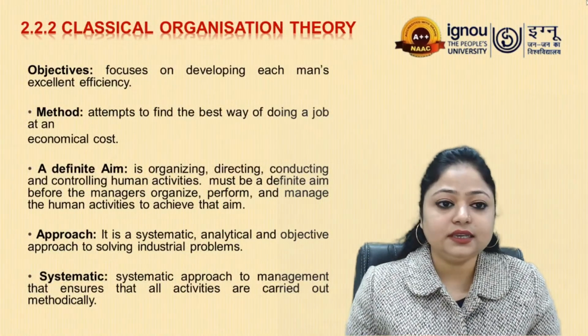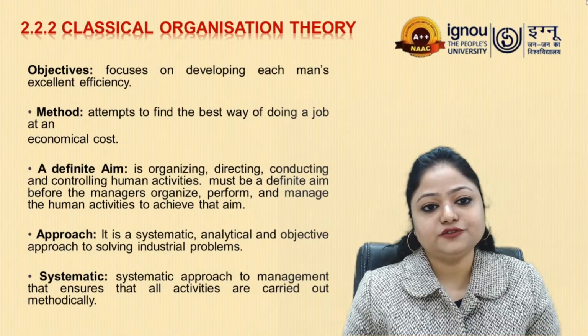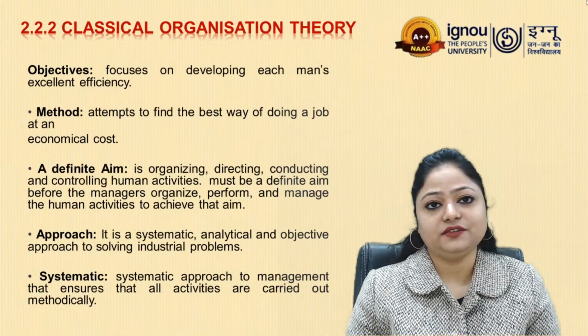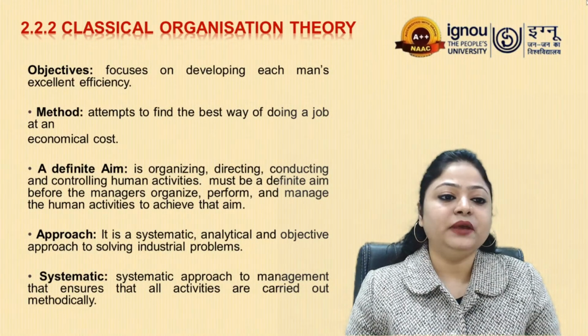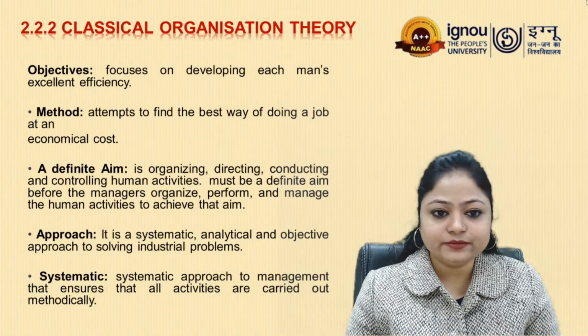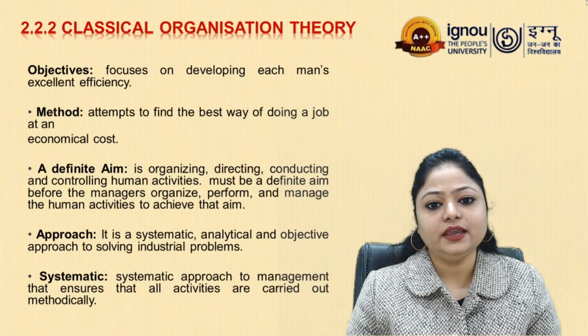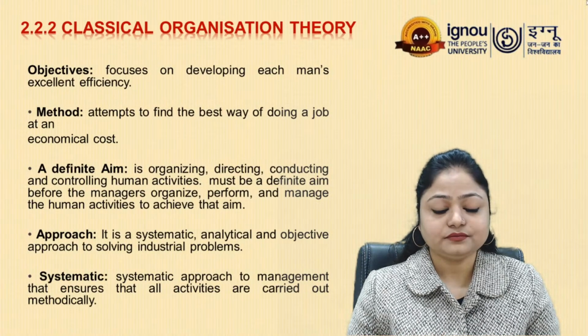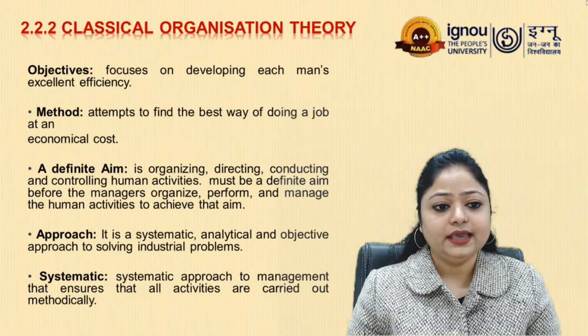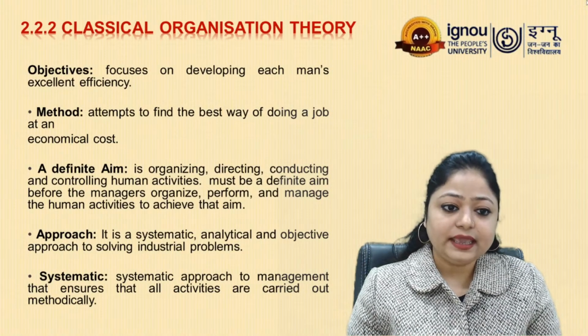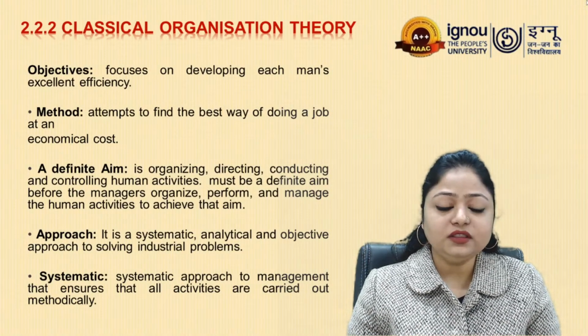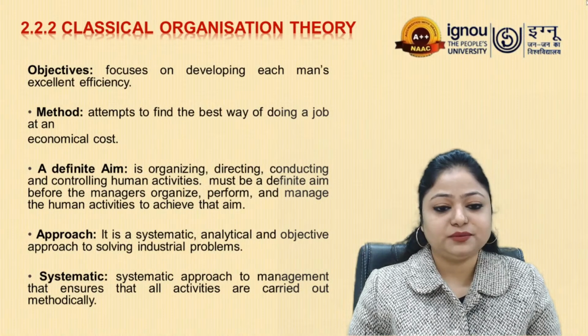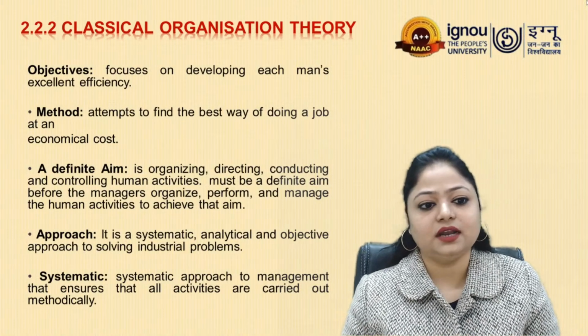The objective of this theory, scientific management theory, is to focus on developing each man's efficiency, and the methods applied were attempts to find out the best possible way to do a job in the most economic, cost-effective way. Then there was a definite aim, that is, all the functions that management does, like organizing, directing, conducting, controlling